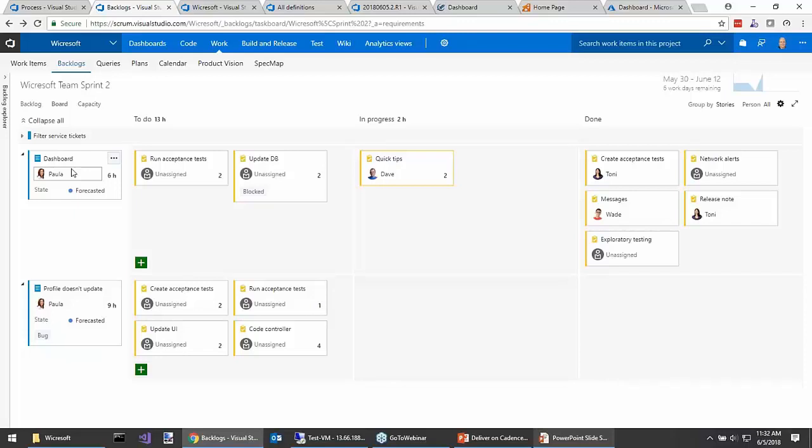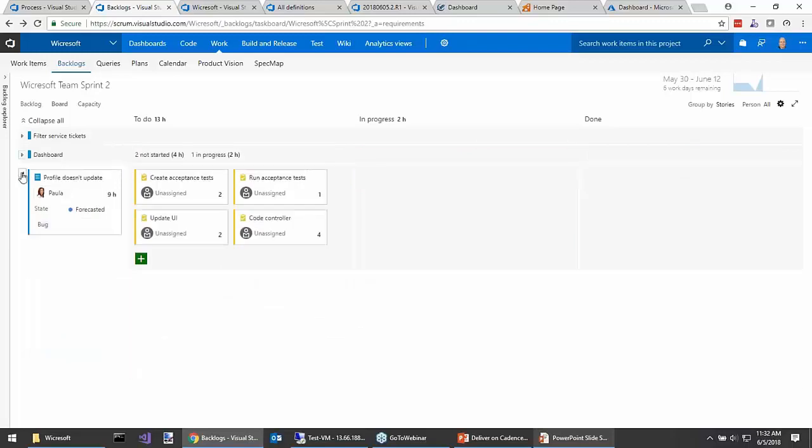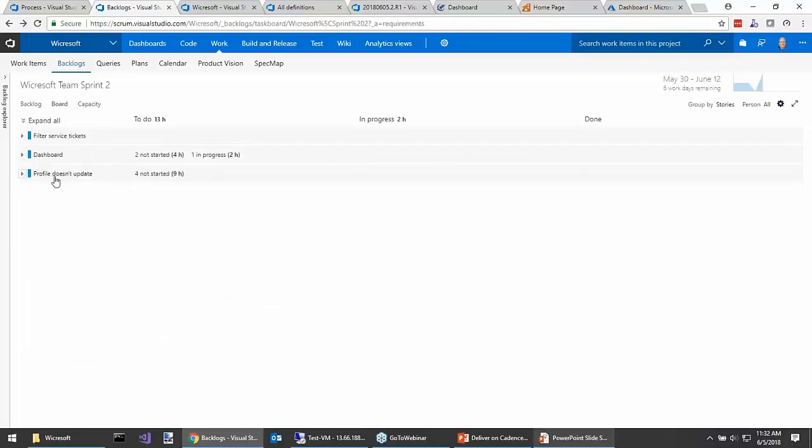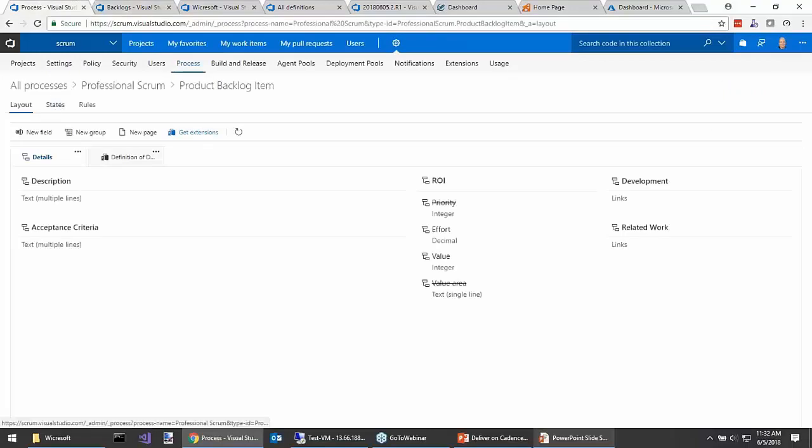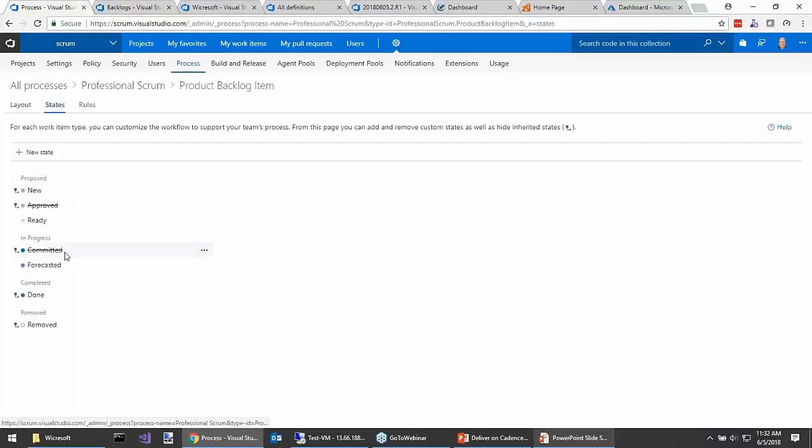Another of the Scrum values is commitment. It's misunderstood a lot. Commitment used to be a major part of the Scrum framework. These items on the left over here were the team's commitment. We commit to delivering these 3 items in Sprint 2. Well, they changed that a few years ago to forecast, and that was kind of where I started my presentation, by changing some of the state names here. You can even see it here. Originally, Microsoft supported the Scrum Guide from 2010, and it was commit. And then we changed it to forecasted a few years ago.